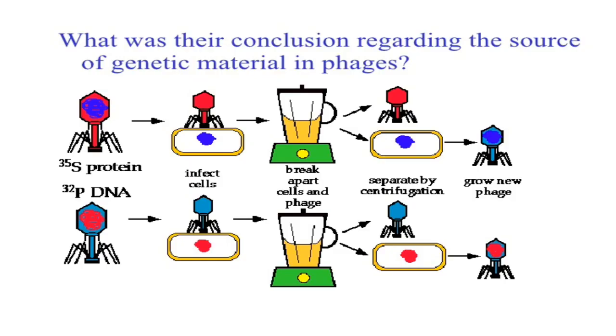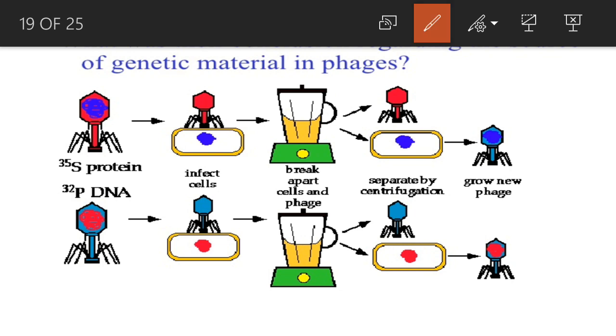So after that, you can see in the diagram. These bacteriophages were grown in a culture medium containing S35. As a result, its coat was labeled by the radioactive sulfur. Now, when this phage, whose sulfur was labeled and DNA was not labeled, attacked the E. coli, only the genetic material entered the E. coli, and the protein coat was still outside.